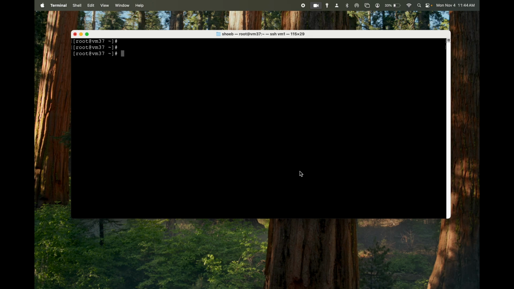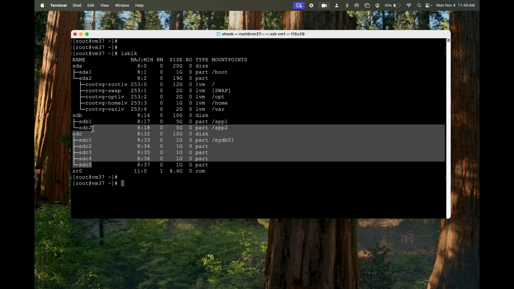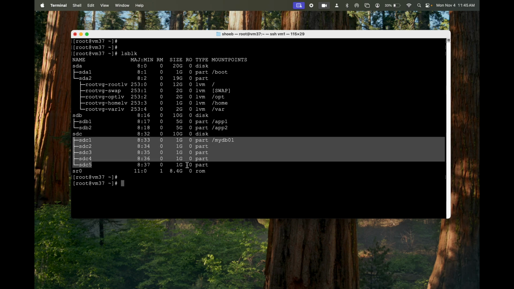In today's video we are going to talk about working with physical volumes in the logical volume management series. So let's get started. The first command I'm going to run is to check my disks and their layout with lsblk, and I see that I have this SDC disk with 5 partitions, about 1 gig each, and we've been working